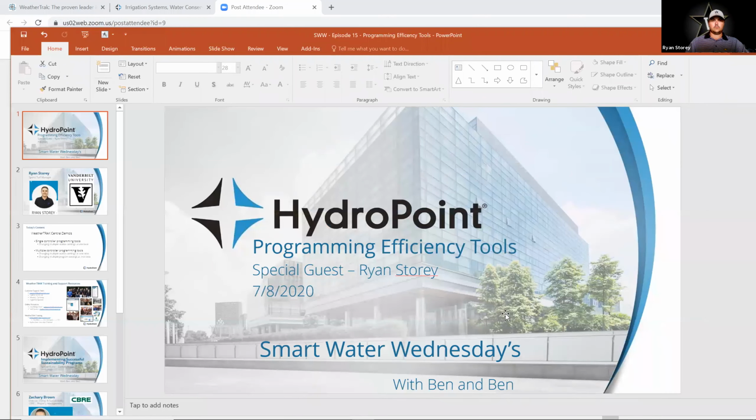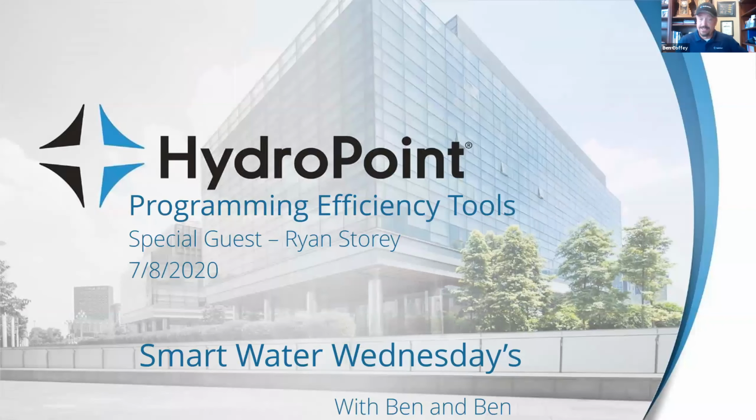Today's subject of the day is programming efficiency tools. Wait, that's being overrun here by open windows. We're going to talk about programming efficiency tools today. So what that means is, well,